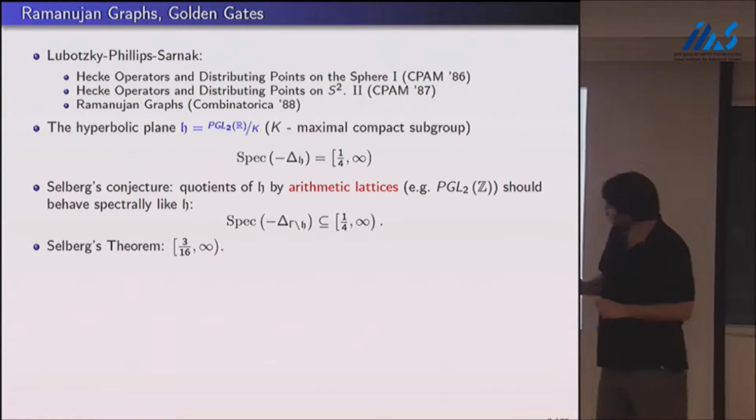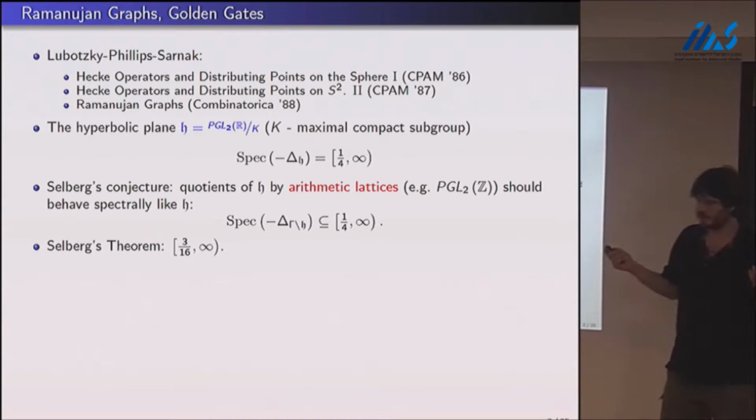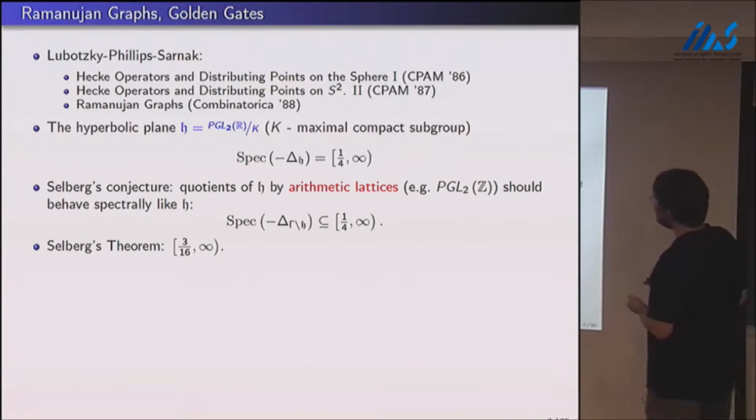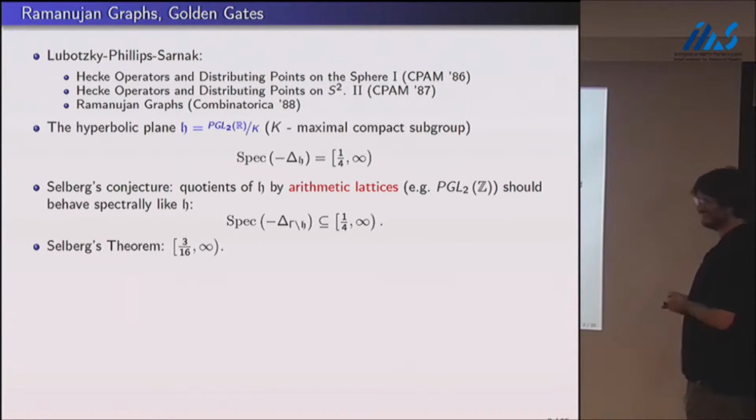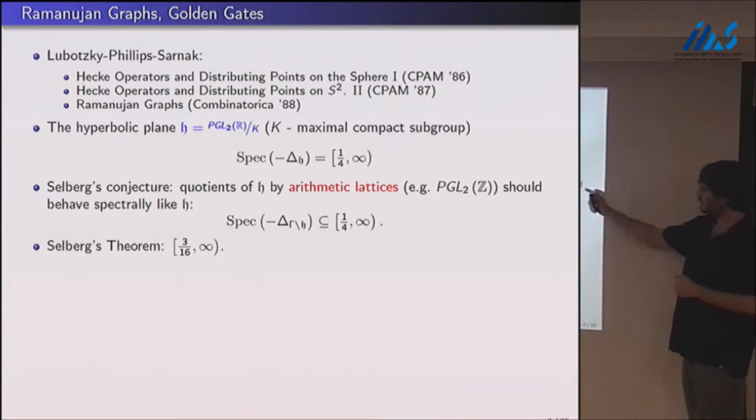And Selberg's theorem was not a quarter, but 3/16. And as we know, no progress has been made on that for more than 50 years. No, I'm joking. I think people know. No, everybody knows. So there has been progress,